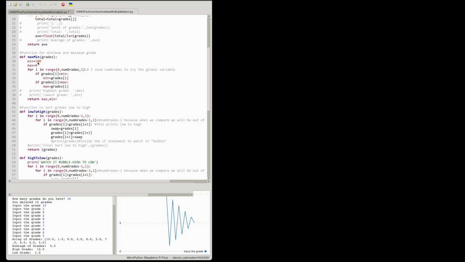We start out with a minimum of 100 and the max of 0, and the reason being is if this was a test from 0 to 100, you want to